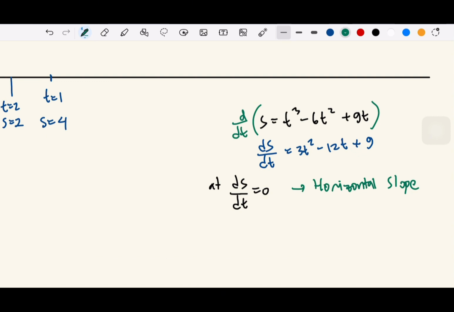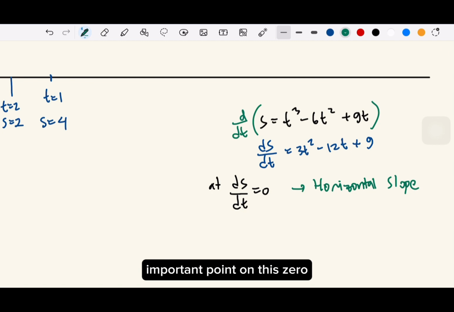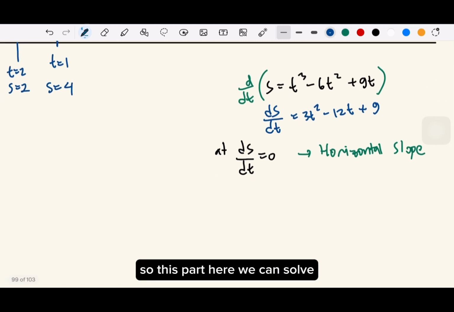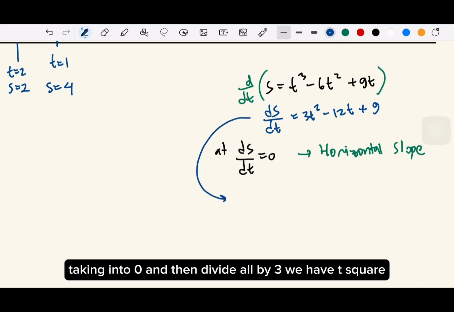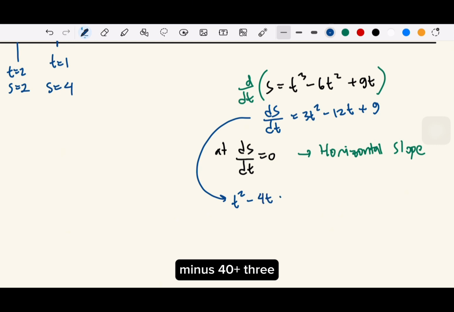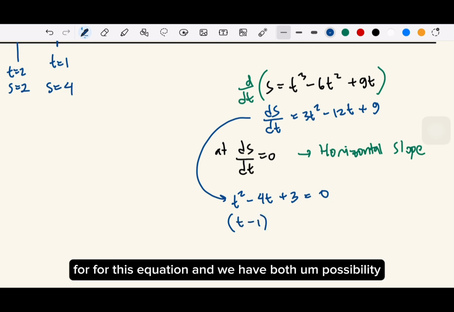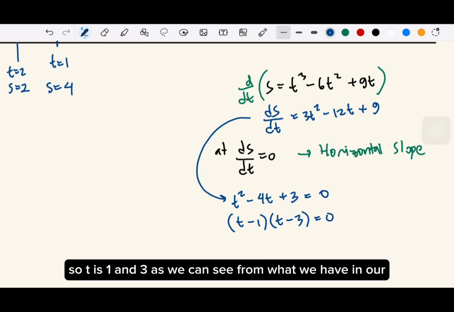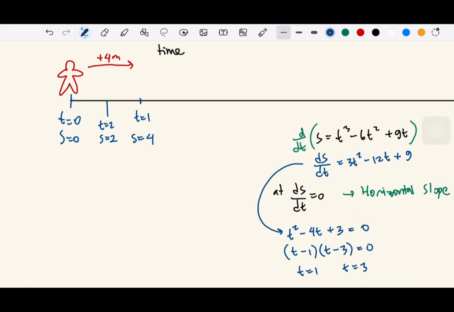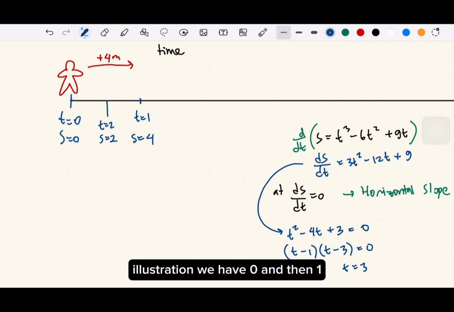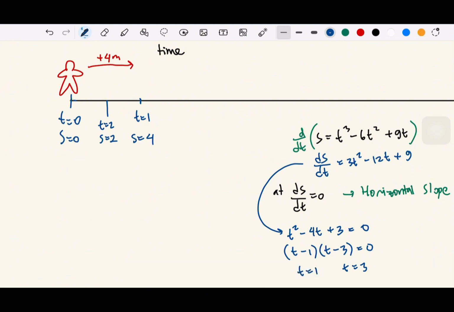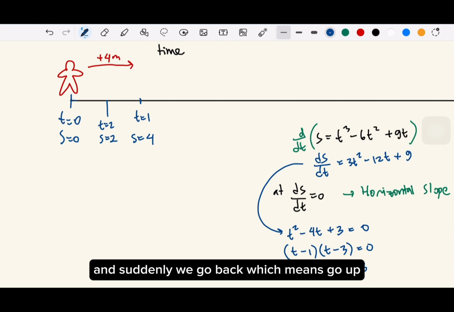That's one important point on this 0. So this part here we can solve by taking it to 0 and then dividing all by 3. We have t squared minus 4t plus 3 equals 0. So we get the solution. We take factors of this equation, and we have both possibilities. So t is 1 and 3, as we can see from what we have in our illustration. We have 0 and then 1, and then suddenly we go back,